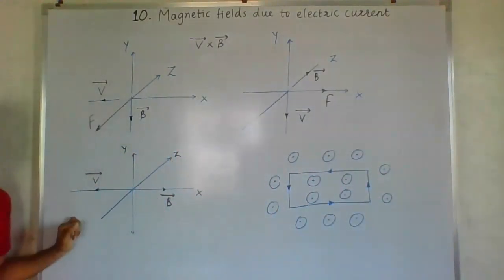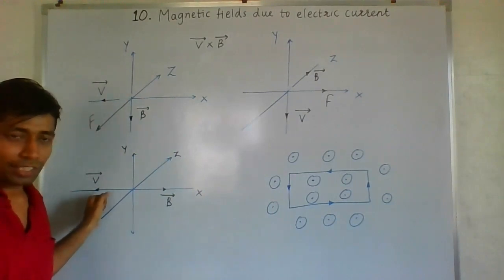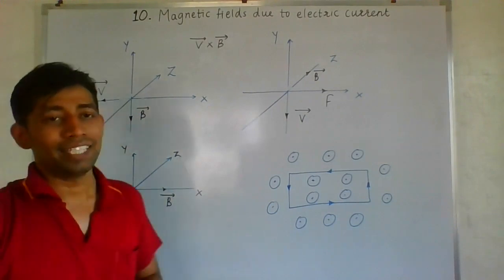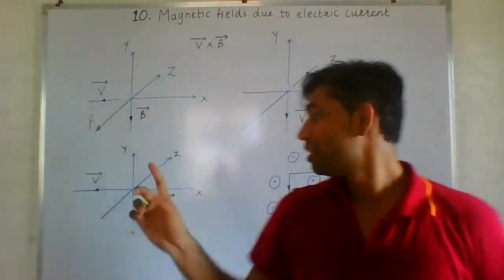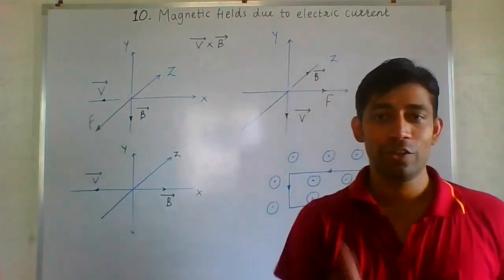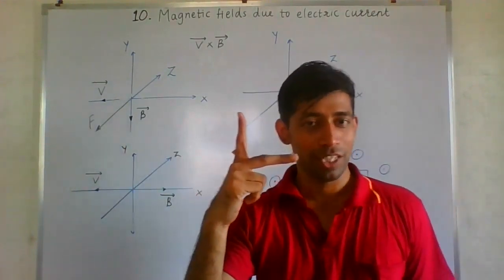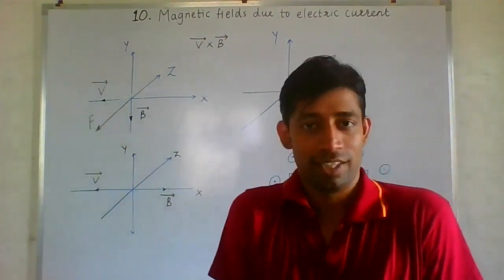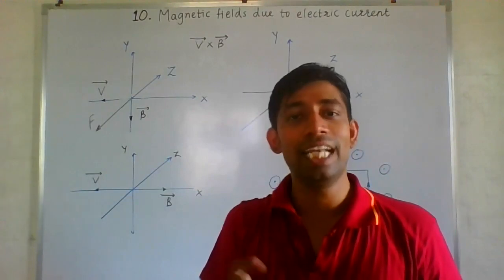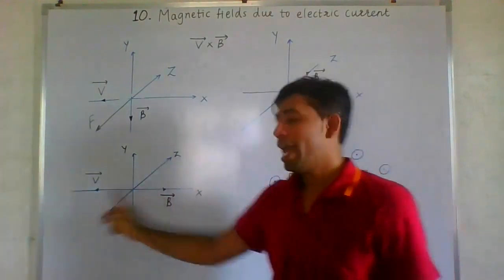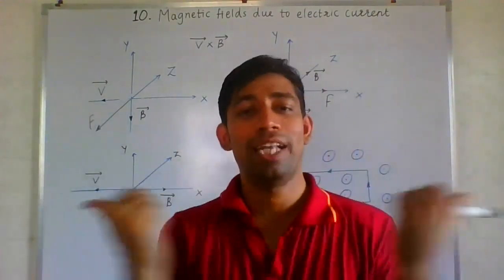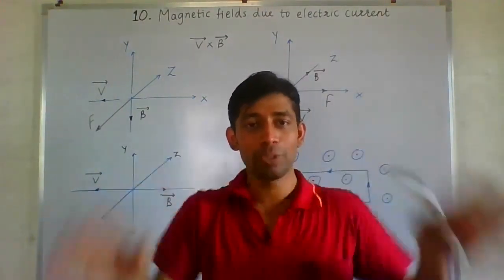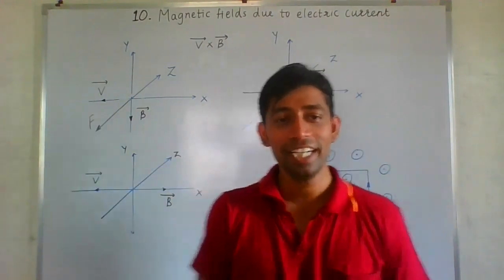In this case, you can observe that velocity is in this direction, magnetic induction is in this direction. There is no way that you can show your two fingers opposite to each other. This can make 90 degrees, correct or not? So showing it opposite is not possible. So in this case, where is the direction of the force? You can try it n number of times, but your two fingers will not be in the opposite direction. Never possible. Don't think like Golmaal, like Ajay Devgan is bending your fingers in the opposite direction. Nothing like that is going to happen, correct? So